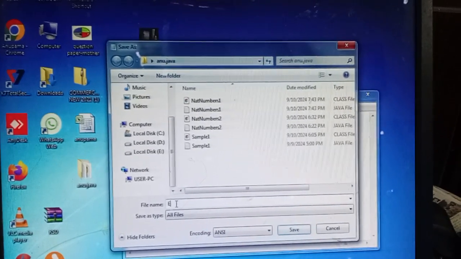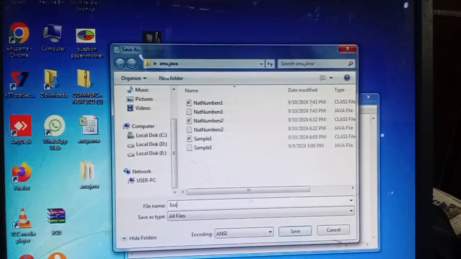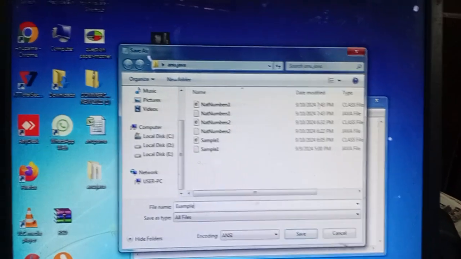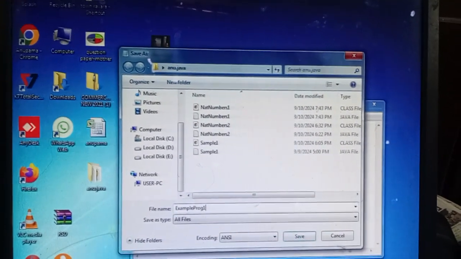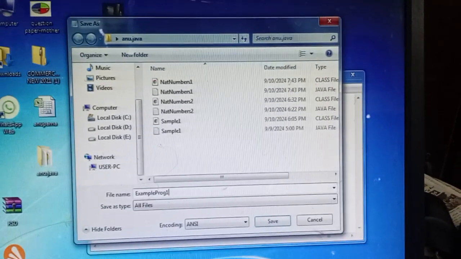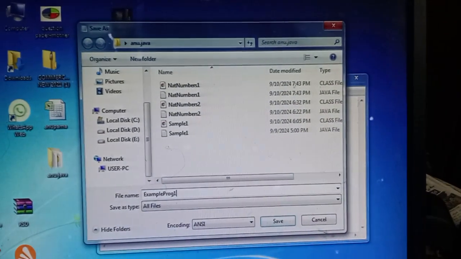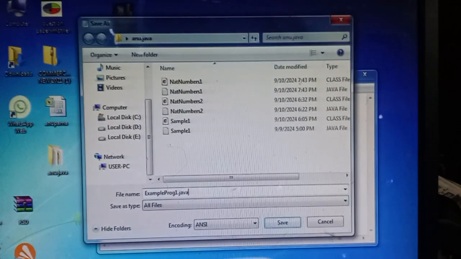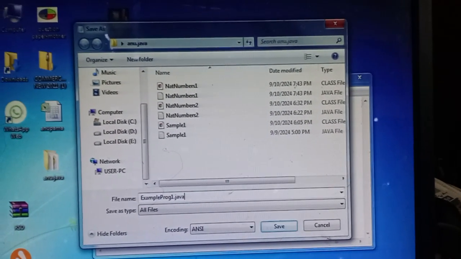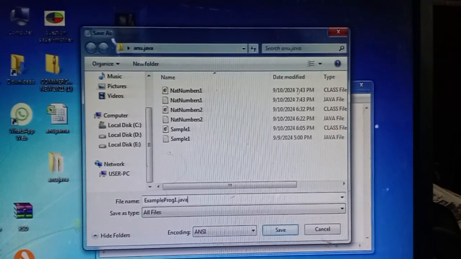So ExampleProg1, P capital, and after giving the name of the class, .java, we must specify that extension, otherwise it can't understand it is a Java program.